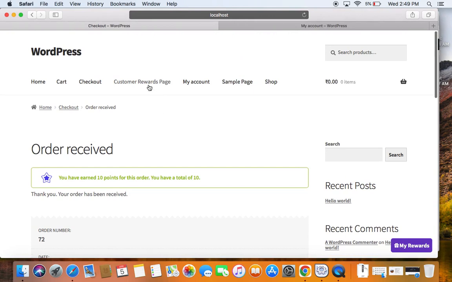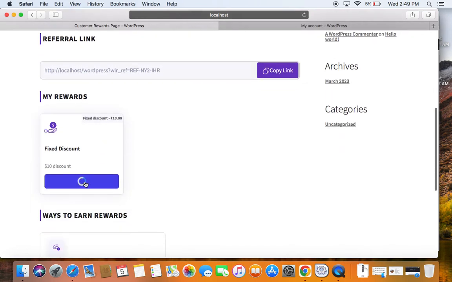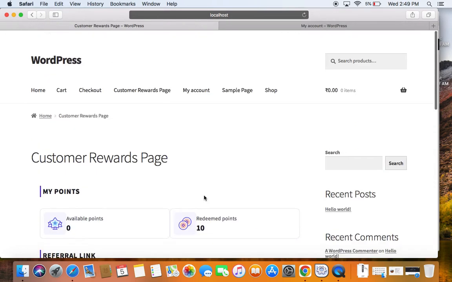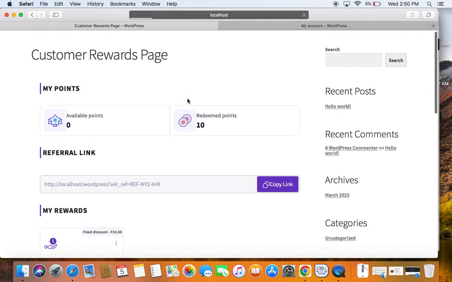earlier. Okay. Now the friend has to go to the rewards page or to the shop page and then make his redemption. To redeem, the friend has to now click on redeem now and a coupon will be applied automatically to the cart. Nice, isn't it? Now you can go ahead and shop some items. Alright, let's click on shop page